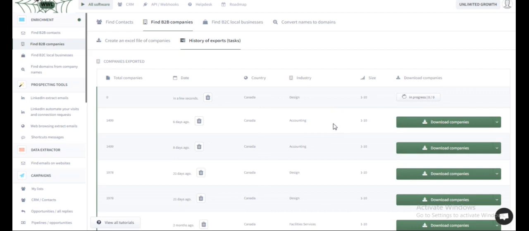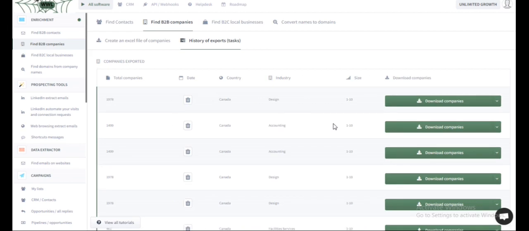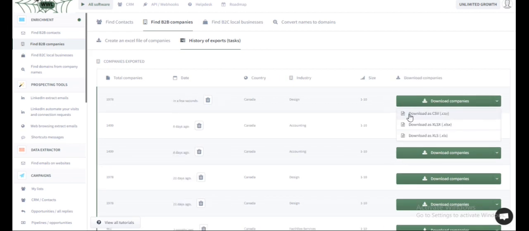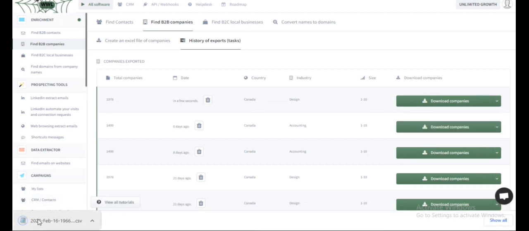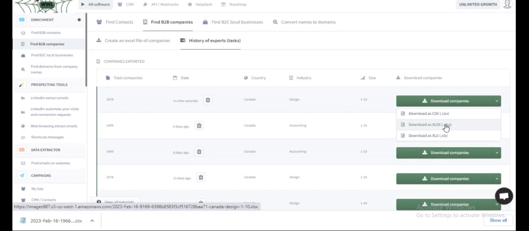It'll definitely be less than 30 seconds. Boom, there we have it. And you can download this as a CSV or an XLS. I'm gonna go with CSV, and that has been downloaded. You can download this as an Excel sheet as well, and that'll upload onto your Microsoft Excel.